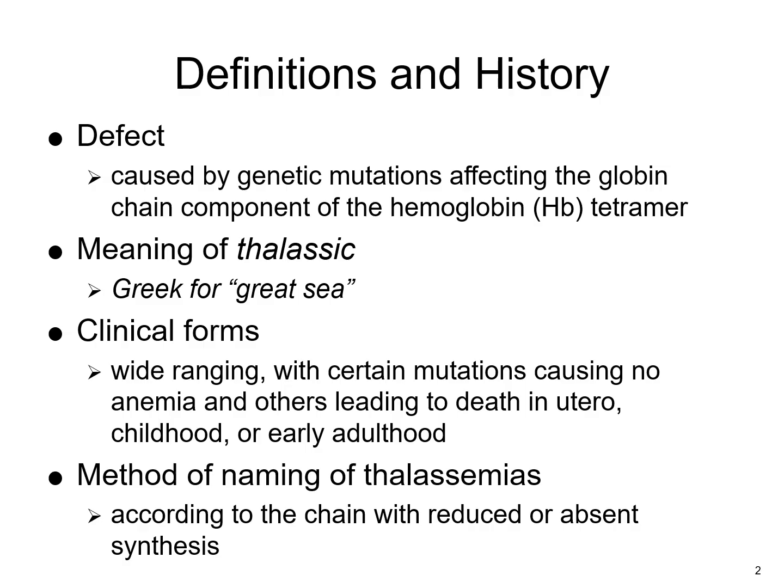For clinical forms of thalassemia, there is a wide range of severity. Some mutations may cause no symptoms or anemia, while others can lead to death in utero before they're even born, childhood death, and even early adulthood death without proper treatment. Thalassemias are classified based on which globin chain is affected. So there is alpha thalassemia, which is decreased or absent alpha globin chain production, and beta thalassemia, and this is decreased or absent beta